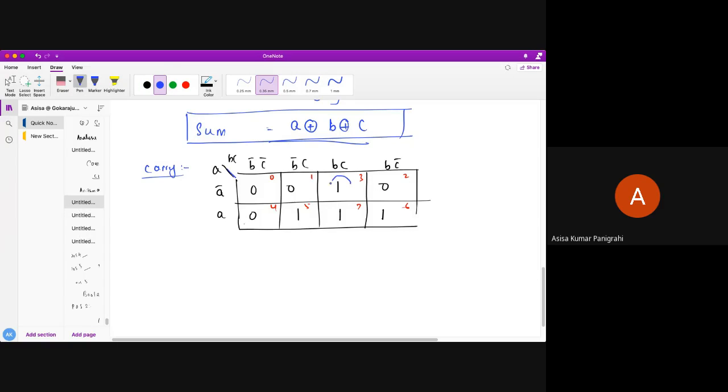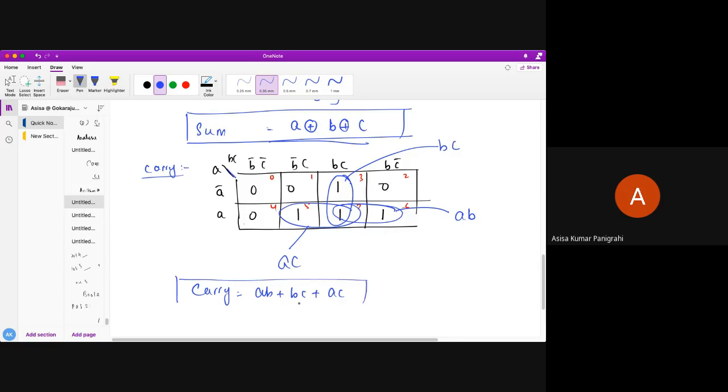So grouping would be like this. All are pairs. Okay, and we have used the rule that one minterm can be used multiple times if it gives a minimum number of literals. So here what is common here? A, B, for this AC, for this common is BC. And finally what we got? The carry is AB, BC, AC.